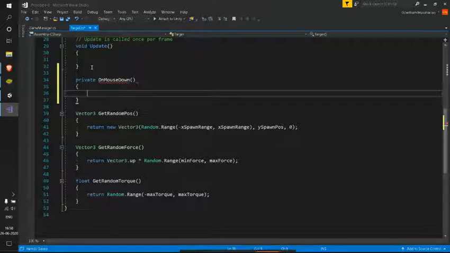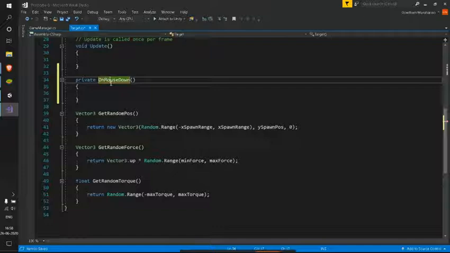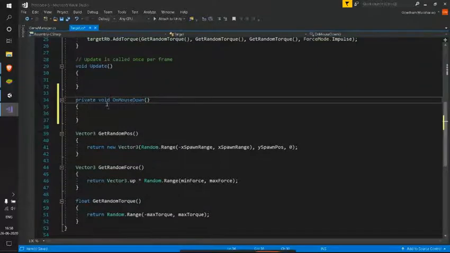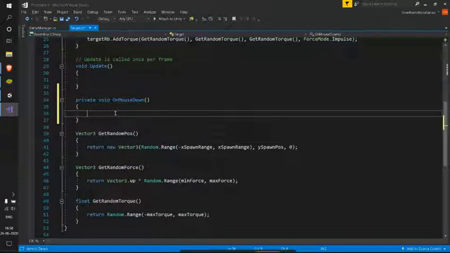I'm not able to get that method. Yes, see, I have that in my blue color, which means yes, it's a predefined method. And now on mouse down, what I'm doing, I can just destroy this game object.